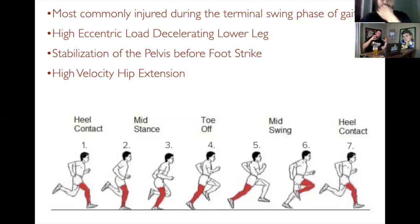It has to stabilize the pelvis from anterior to posterior position with the obliques. And then it has to rapidly help extend the hip. So it's got 3 jobs to do in that short phase of time between 6, 7, and before it comes back to 1, right? And so the problem is when you have your average person who has a hamstring strain,